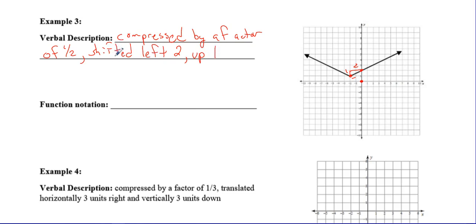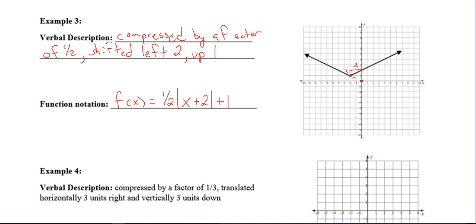So when you talk about shifts, you can talk about left and right, and then up or down, and you don't have to keep writing shifted multiple times. So there's my verbal description. Then I need to write a function notation. So f of x equals 1/2 of the absolute value of x left 2, so that's minus negative 2 or plus 2, and then up 1 would be plus 1. And you should be able to write the equation if given a graph. Just like you should be able to,